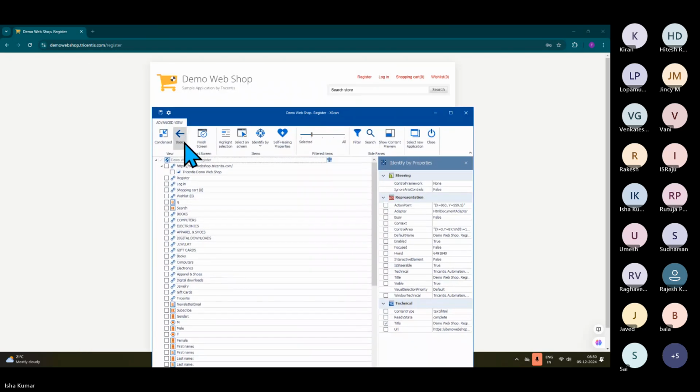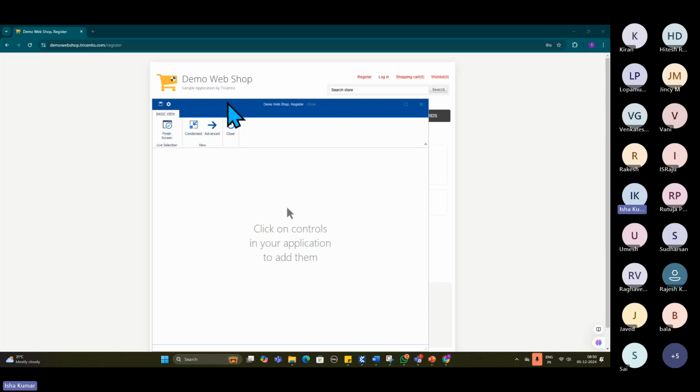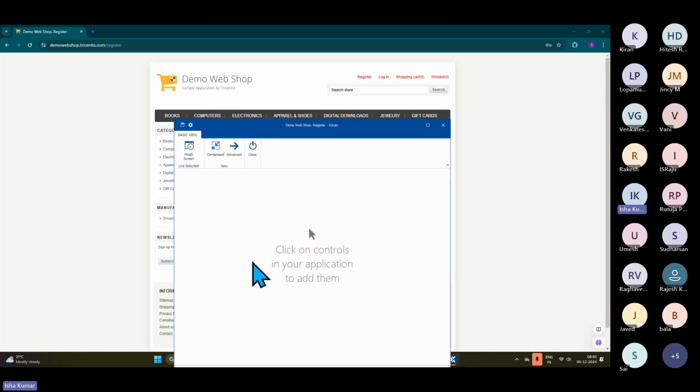Okay, so this is a basic window. If you see, you are getting an option to click on the controls on your application to add them. Okay. So in this basic window, what you can do is you can just navigate to your application, and you